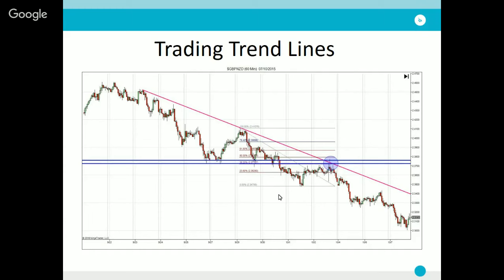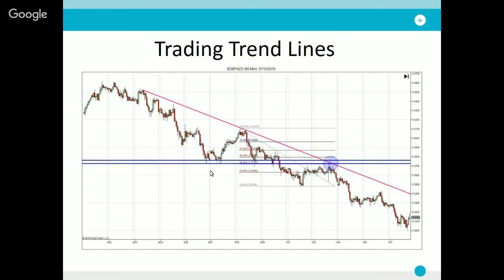So we've looked at how we can trade trend lines in a basic manner using rising trend line support for a buy entry and using falling trend line resistance for a sell entry. We've also looked a little bit here at how we can start to use trend lines in confluence with other technical factors to identify high probability trade locations. So now we can move on and start to think about trend lines in a little more detail, and we can start to be a bit more strategic with them and think about other ways in which we can trade them. So another great way in which we can look to trade trend lines is trading the retest of broken